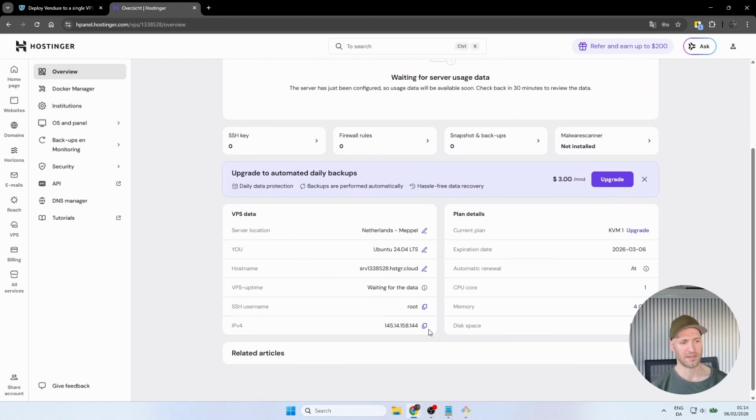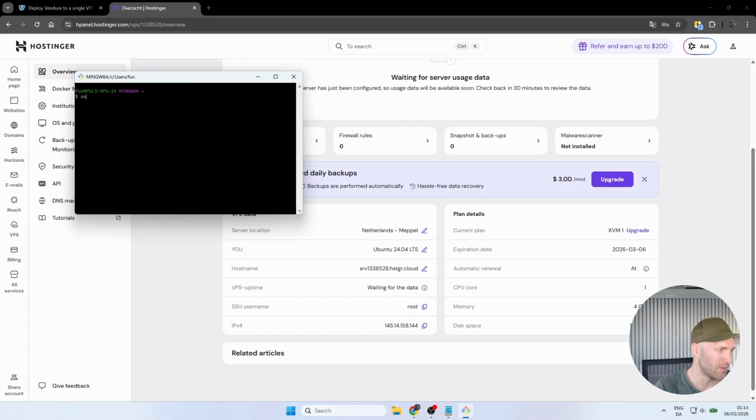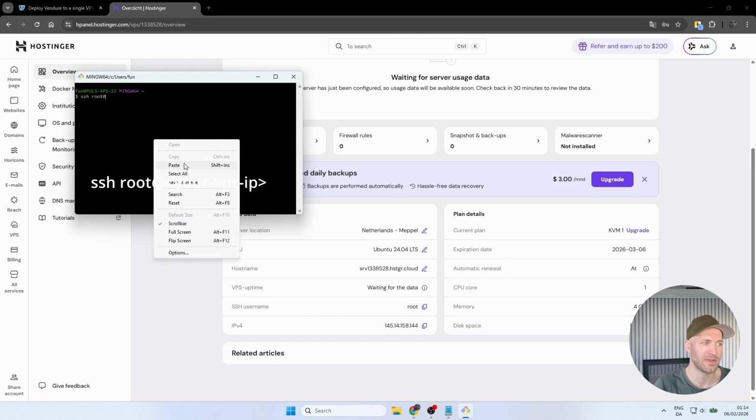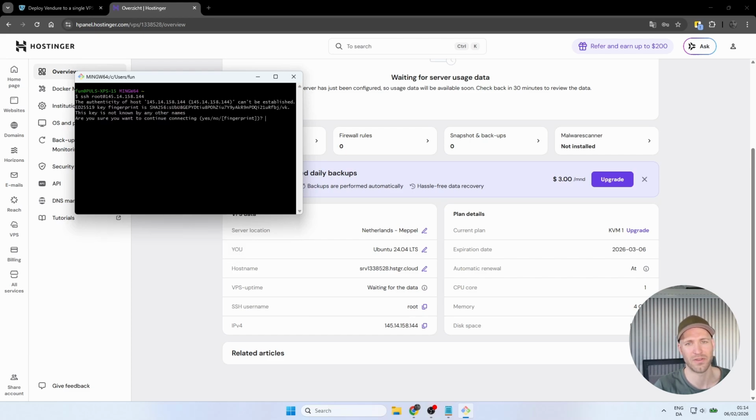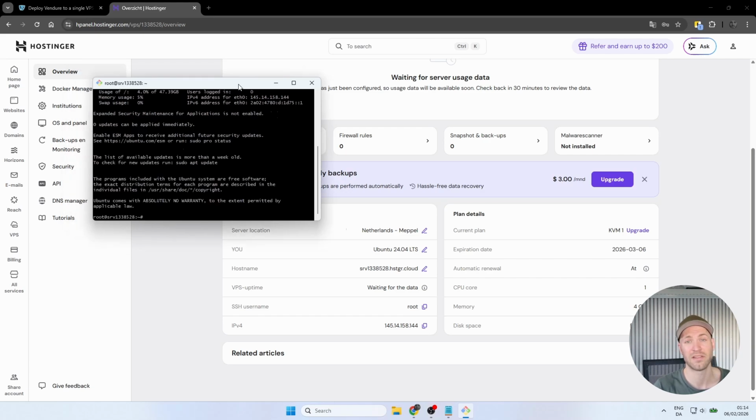So I'm gonna take the IP address of the VPS instance, and then we will SSH into it with the terminal. So ssh root at, and then paste in the IP address. Sorry for the zoom level on the terminal. I know it is a little bit hard to see. And you write yes for this fingerprint question, and then you hit enter,